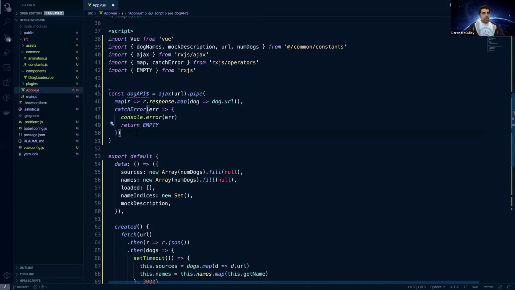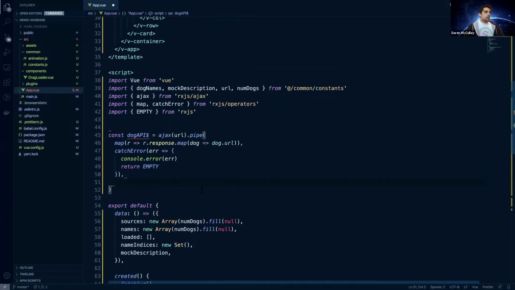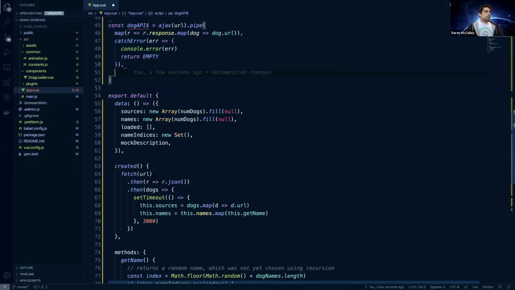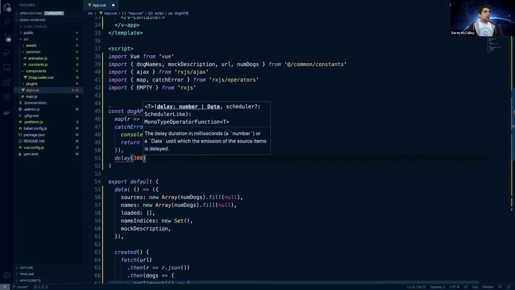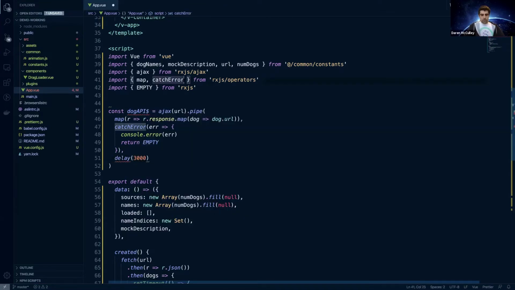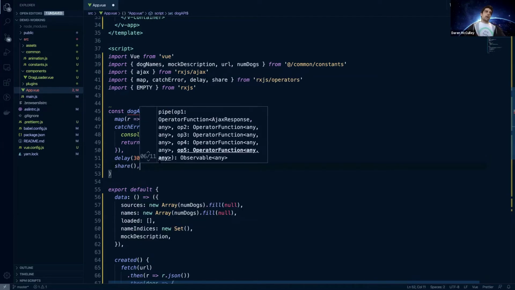And the last thing that I want to do, or actually second to last thing, I need to still simulate this set timeout. So in Rx, you don't have this sort of set timeout Christmas tree problem. You can just inline, its version of set timeout would be delay. So this says, at this point in the pipeline, go ahead and hold off for 3 seconds and then emit the next thing. And the very last thing I'm going to do here is use an operator called share to multicast